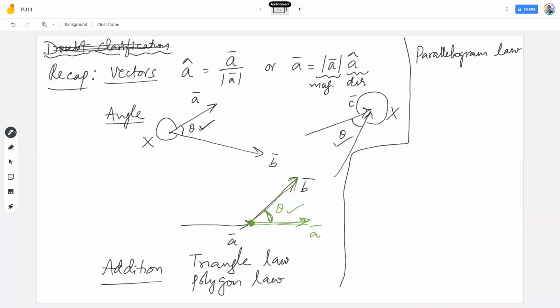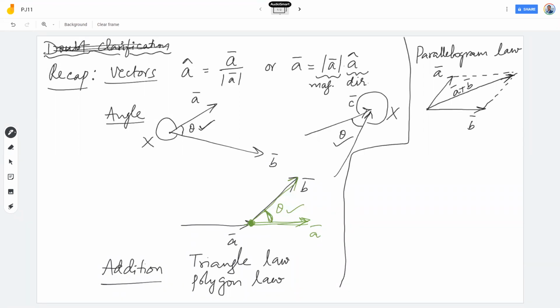And then we saw the parallelogram law, and we used that for deriving the magnitude of resultant. Parallelogram law: when two vectors to be added are drawn co-initially, and then a parallelogram is constructed on them, then the co-initial diagonal of the parallelogram is their resultant. So if two vectors to be added, a bar and b bar, are drawn co-initially and a parallelogram is constructed on them, then the diagonal which is co-initial with the given vectors is their resultant, a bar plus b bar.